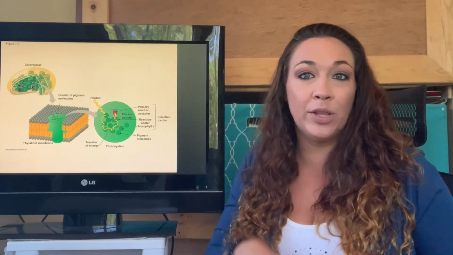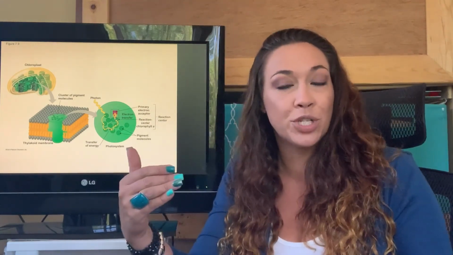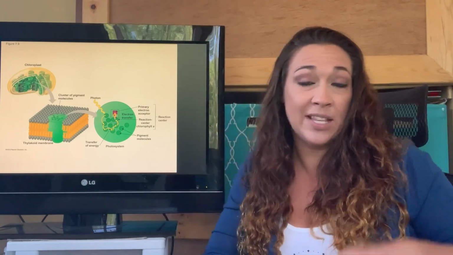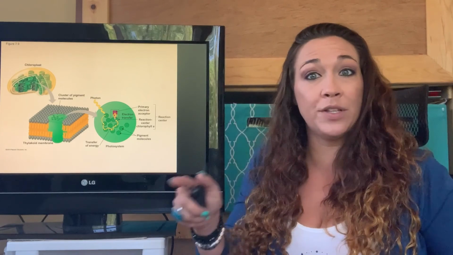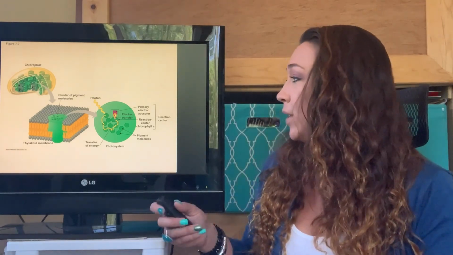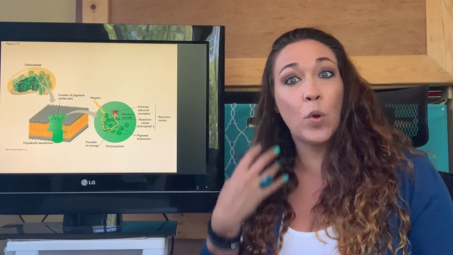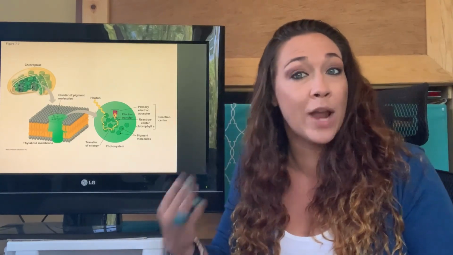And remember, this is kind of what we learned when we were talking about the electron transport chain. You can actually trigger a bunch of different reactions just with these electrons. These high energy electrons can trigger all these different reactions to occur. And that's what we can see right here. So this is known as the reaction center because this is where that light is actually going to cause a chemical reaction and start moving photosynthesis forward.